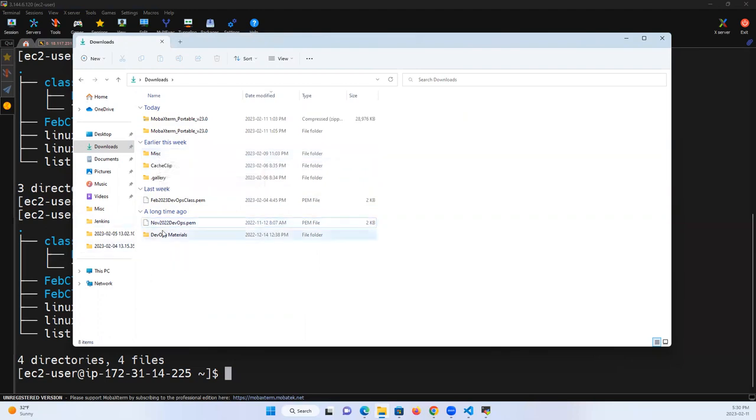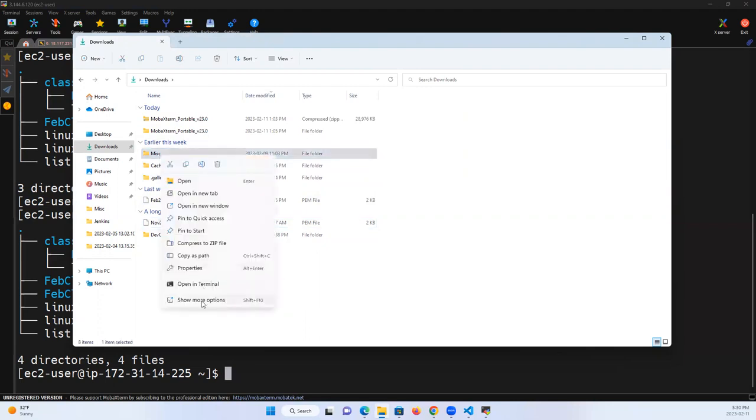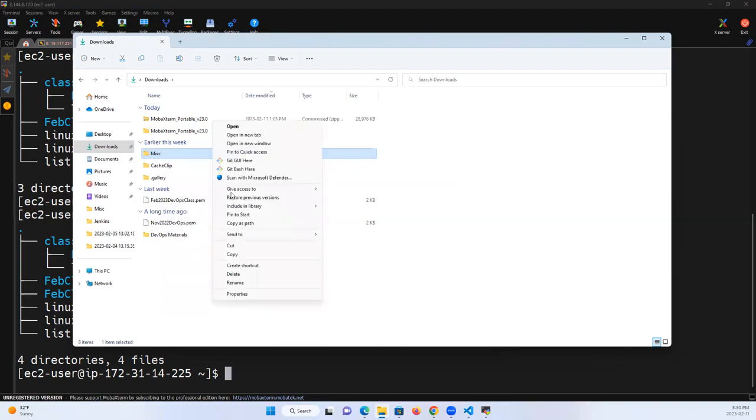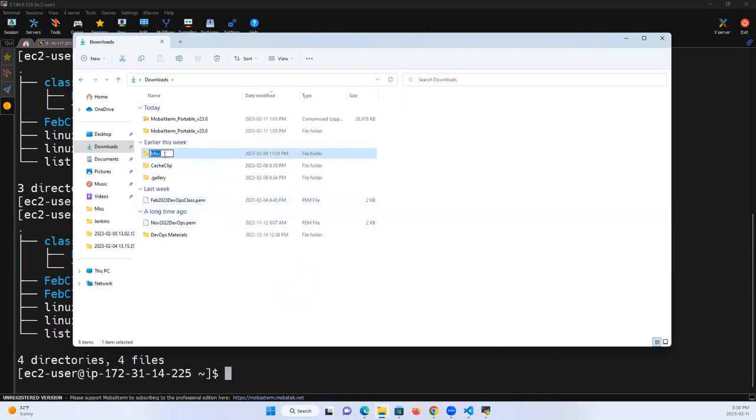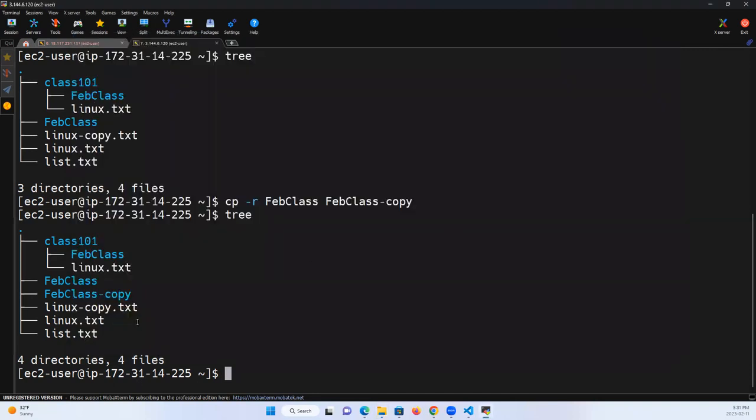So you can also come here and modify, right? By right-clicking, okay? I can rename, I can modify a directory, I can modify a file, I can rename, right? And see, I can rename this and say miscellaneous. Right? I've renamed, okay? So I can do all of these good things with Windows, okay? So just as I can do all these things with Windows, I'm also able to do them using my Linux,